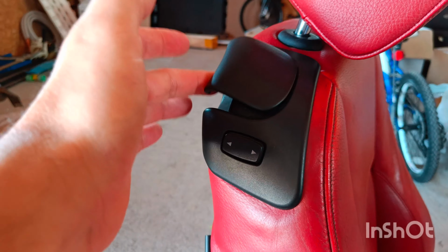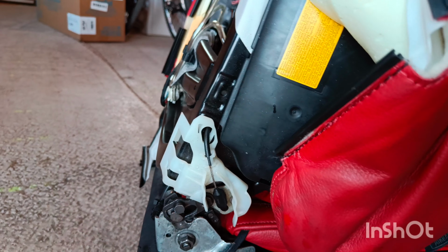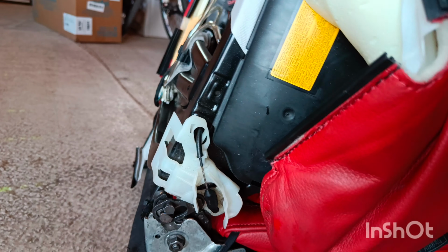There is a little play I could improve, but I think it's not bad at all. It stays as it is. Add some grease